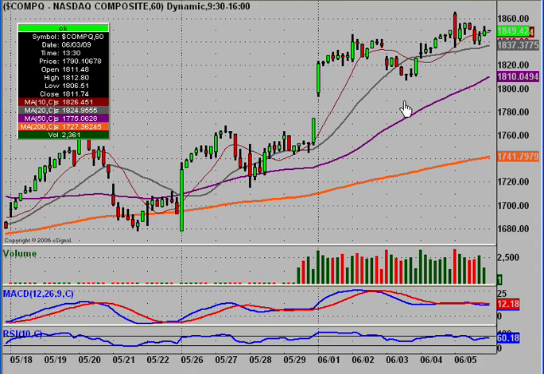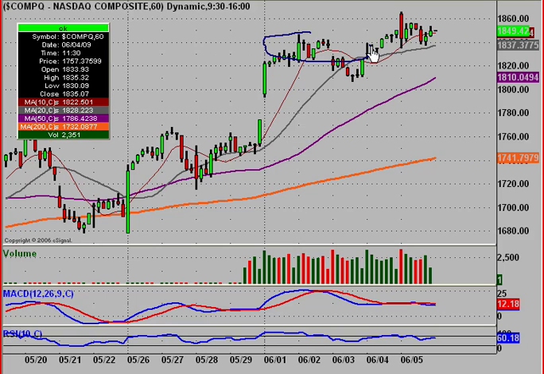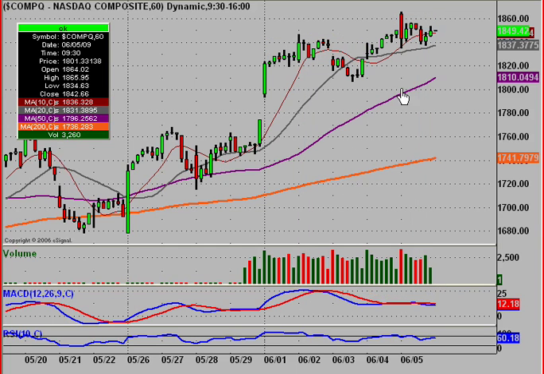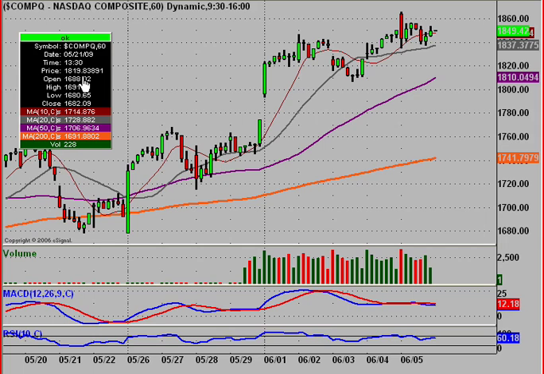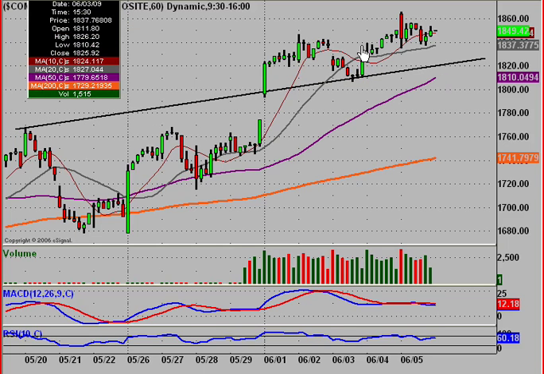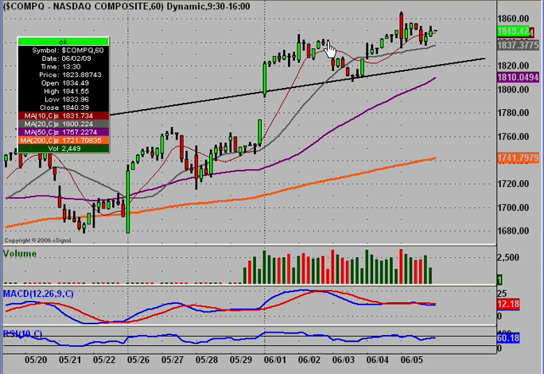Hopping over to the 60-minute, same thing. You can see these highs corresponded with a MACD here, and then these highs corresponded with a MACD down here, which gives the ability to draw this downtrend line like that. So another negative divergence. Now let's say there is a pullback and it decides to cool off. The ideal level that I would like to see hold is first being this little trend line we have here. And actually, if I wanted to, I could draw it back to this high right here. That would be the ideal place. But if that one doesn't hold, then I'd really like to at least see it hold here and not fall through. If it does fall through,